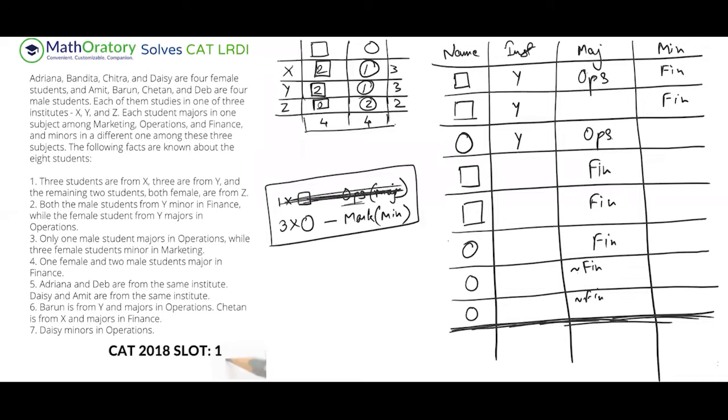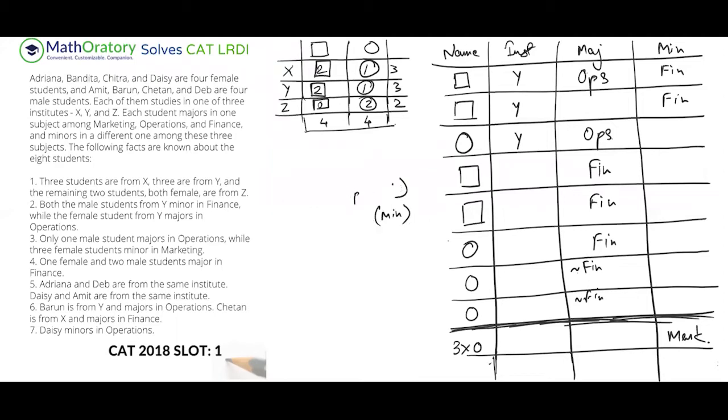And the three females who are minoring in marketing, now this is something we don't know, right? So this is something I'll just take a note of separately. So there are three females who are minoring in marketing, right? So this is one below-the-table information. This below the table is kind of important when it comes to your table arrangement. So this kind of thing actually helps us. And let me just take this off. You can scratch it out when you're doing it in your notebooks or rough books, but I'm just erasing this.